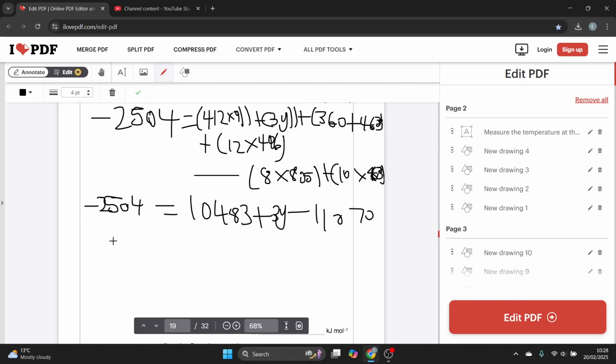Then I get 10483 minus 11070 minus 587, therefore minus 2504 plus 47, then divided by 3, I get,